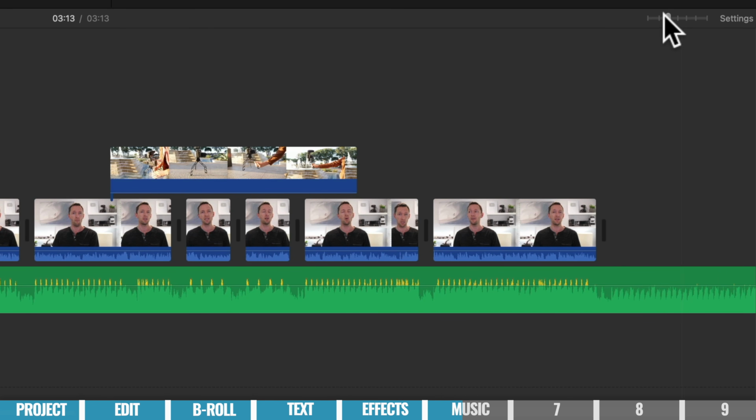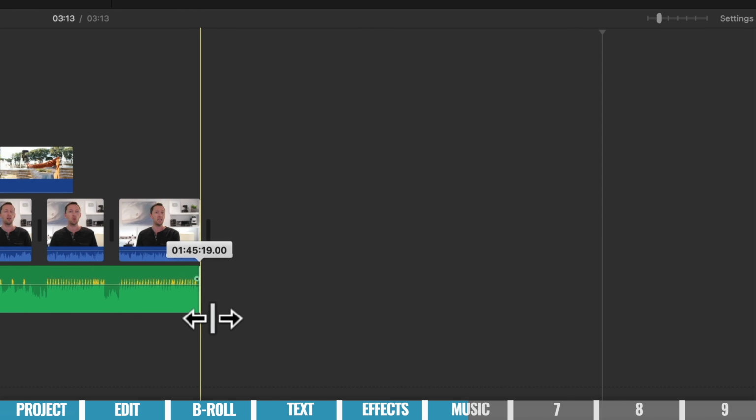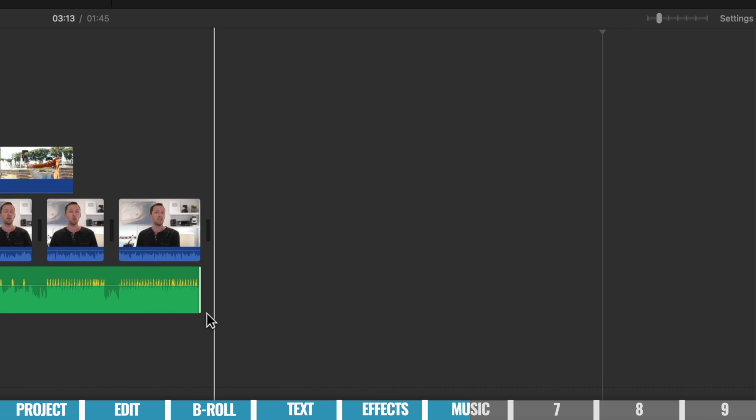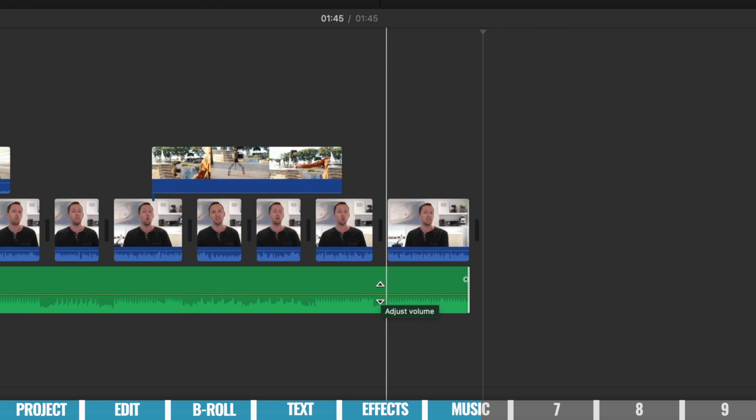So I'm going to zoom out using the slider up here so we can see the whole thing. I'm going to grab that end of the music track and I'm going to drag that back so that it finishes when our video does. Now it's a good idea at this point to lower the volume level of your music tracks or sound effects because they're normally going to be too loud when you first bring them in. So here in iMovie, all I need to do is grab this little line here and pull it down a bit. We want to still be able to hear it, but we don't want it too loud and overpowering